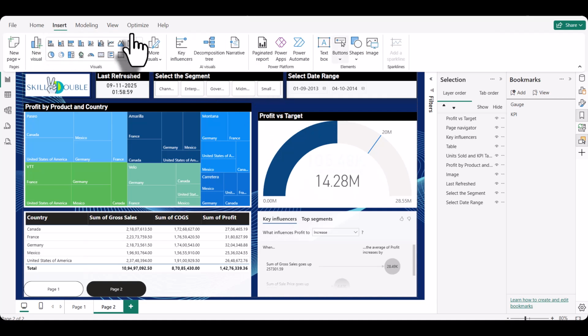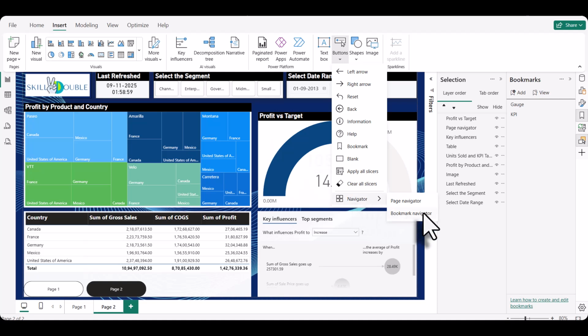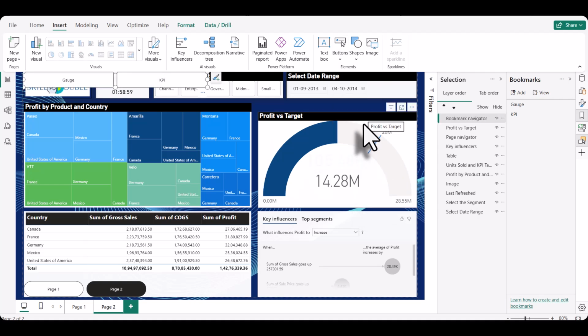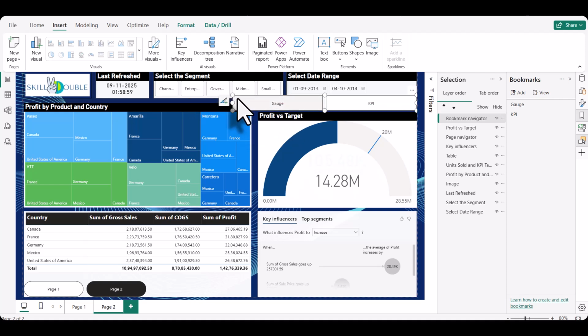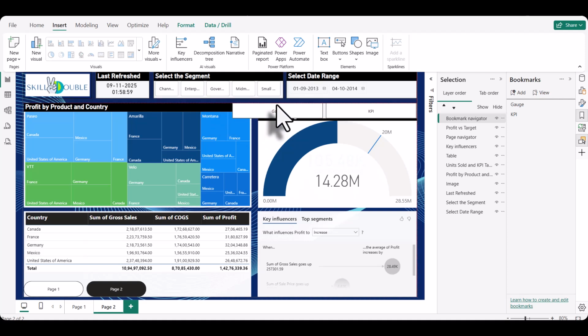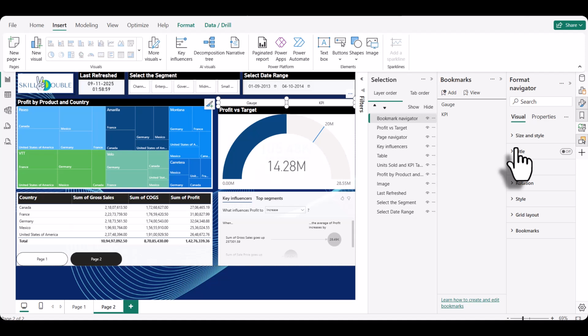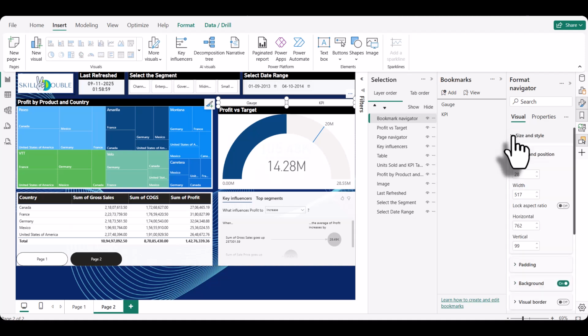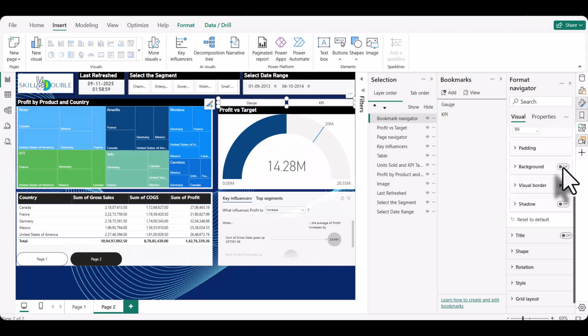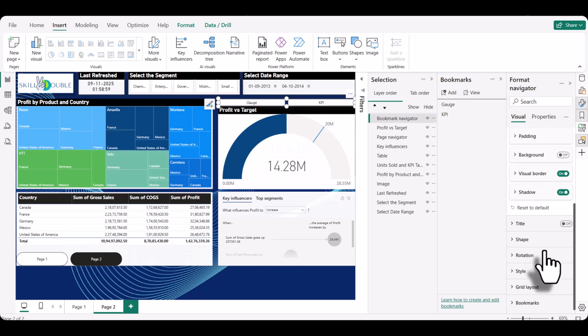Now the important thing is click on Insert, click on Button, Navigator, Bookmark Navigator. So when I added the bookmark navigator, it has come here. I will resize this a bit. Okay, and try to do a little formatting for that size and style. I don't want any background to it. A little bit of shadow, and then